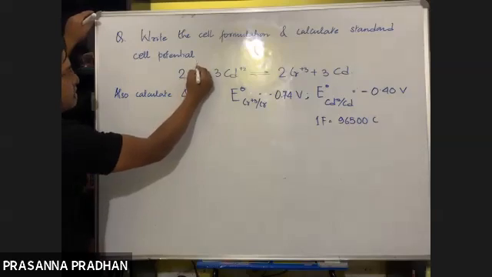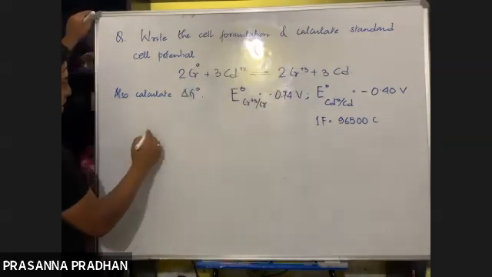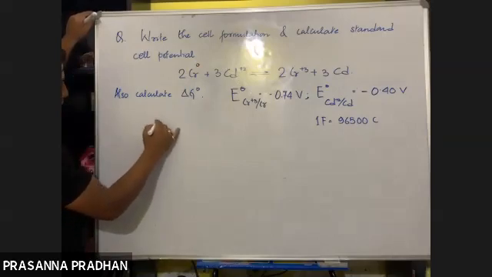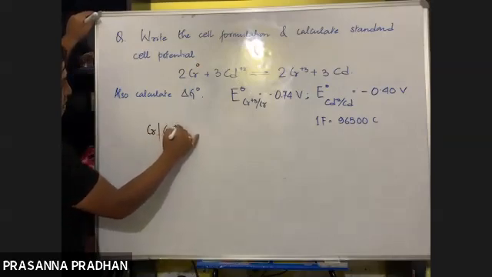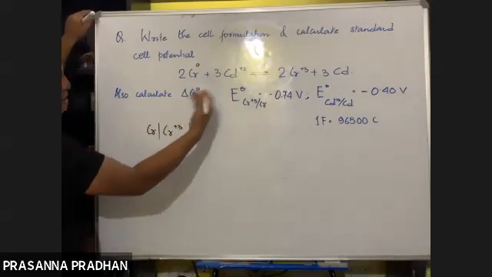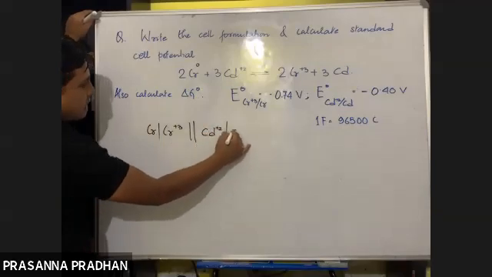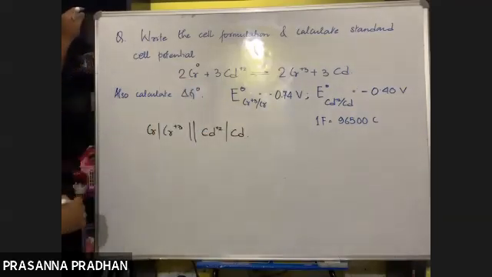Look, the oxidation number is increasing, 0 to plus 3 for chromium. That means it is getting oxidized. So we can write down Cr oblique Cr plus 3 double vertical line. Right hand side is reduction. What is getting reduced to what? Cadmium dipositive is reduced and becomes cadmium. Cadmium dipositive is getting reduced to cadmium. That's it, right? First thing is done.